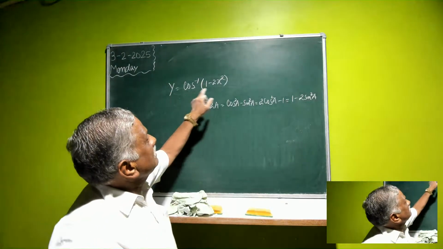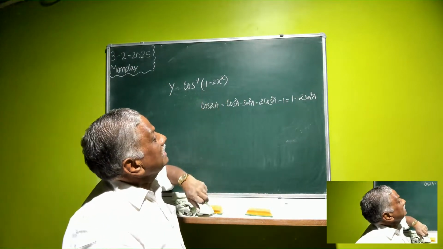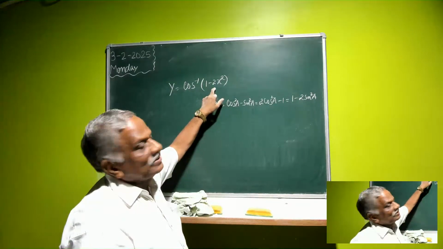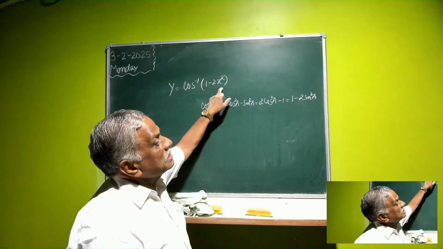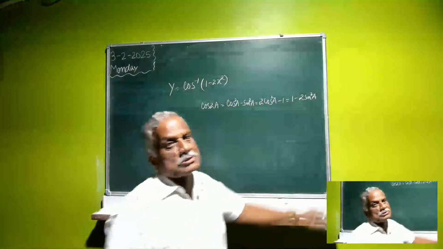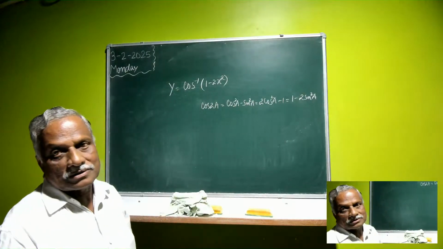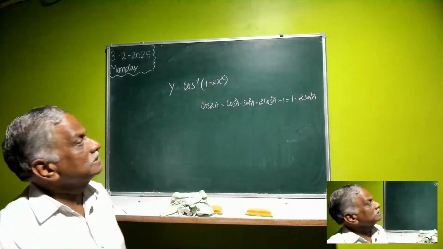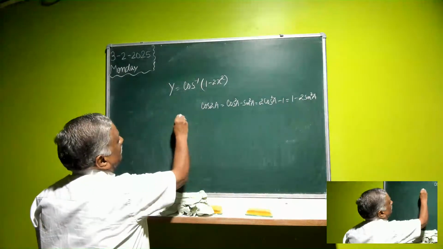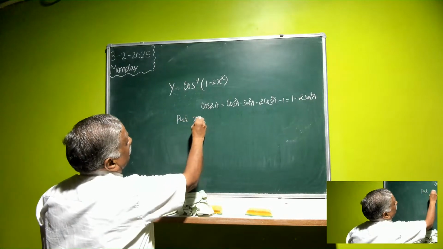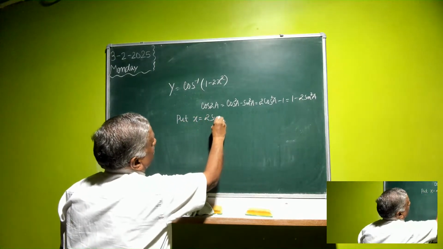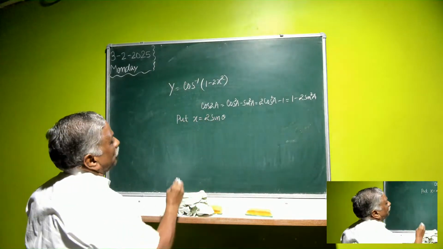So if I put x is equal to sin theta, I can write this as 1 minus 2 sin square theta. What is 1 minus 2 sin square theta? It is cos 2 theta. So put x is equal to 2 sin theta. So the problem becomes,